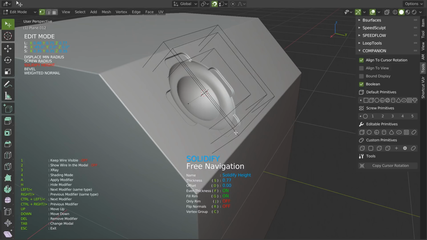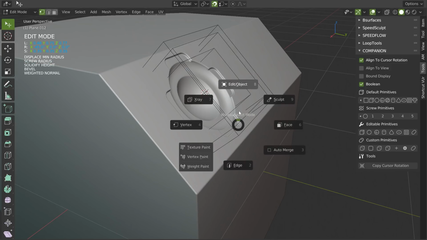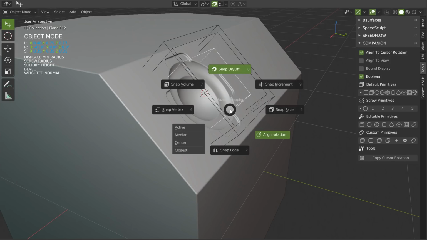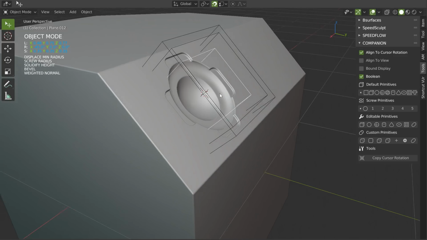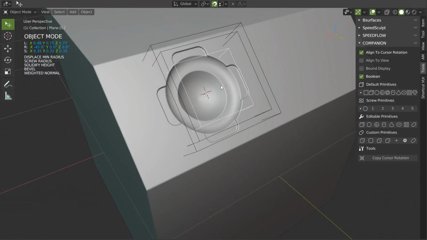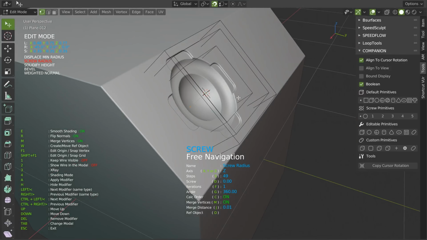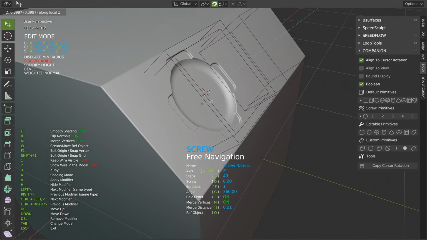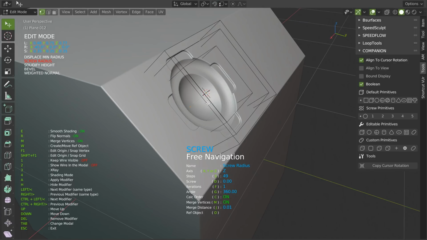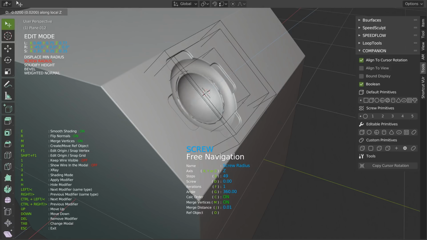I forgot one thing, which is to remove this Align to Rotation. I will disable it. So, like I said, I was in screw, Control Tab, and GZZ. And I forgot to press F2 to disable. So GZZ, and you will be able to move it just like that.